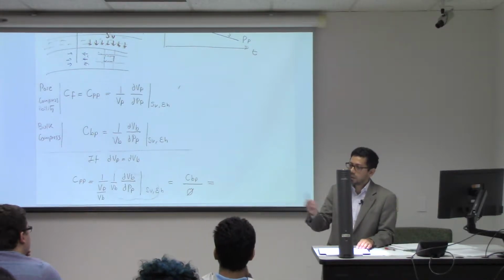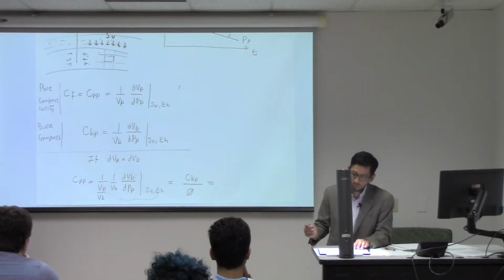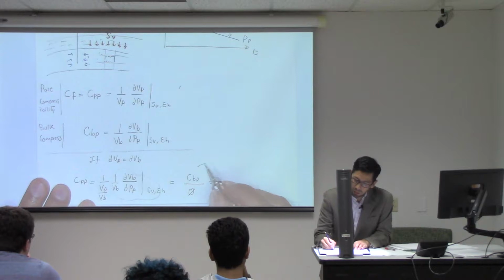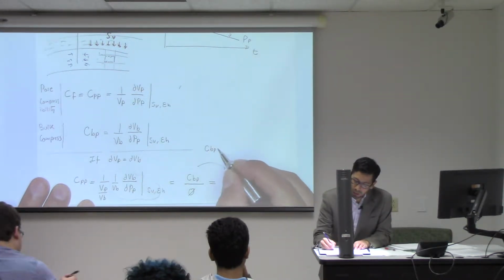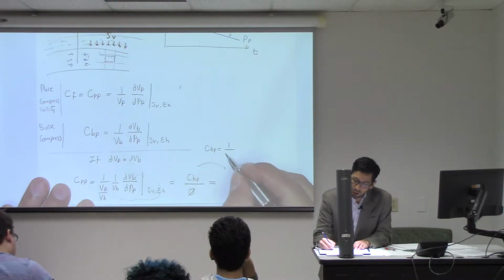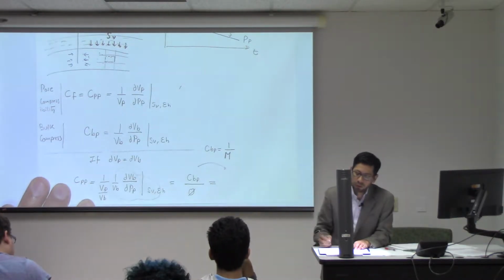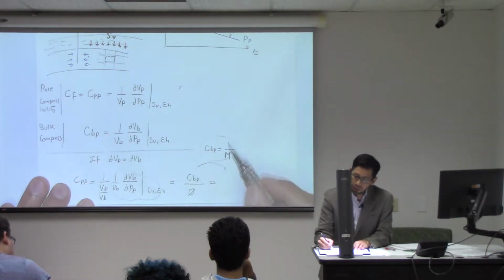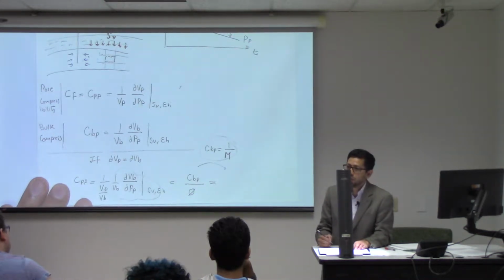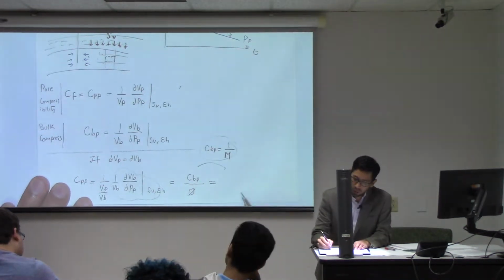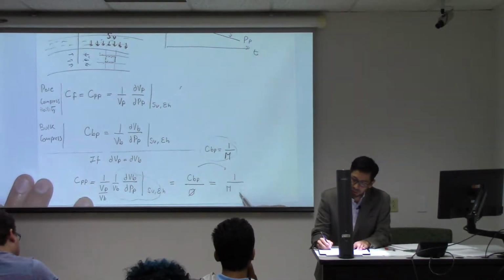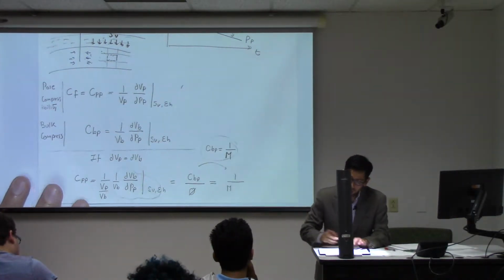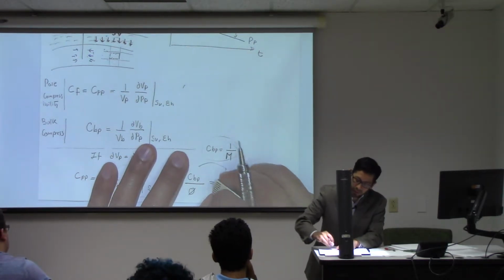But it's just the inverse of the other. So here, CBP is equal to 1 over M, where M, if you remember, is the constraint modulus. So our final equation is going to be that the formation compressibility is 1 divided by porosity